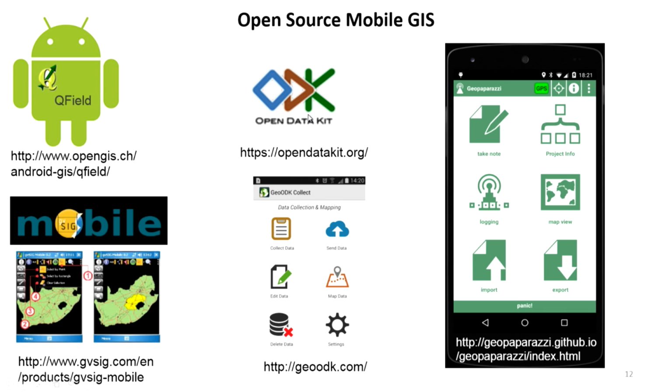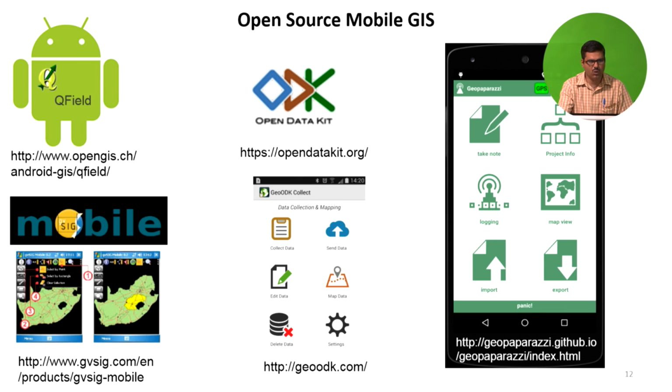Now in the center I have put two applications. One is ODK, Open Data Kit, which allows you to create your own forms for field based collection. All can be digitized, but it is only for the Android platform. Then the extension of ODK is GeoODK, where you can also see the map, and whatever data is captured you can see on the mapping interface. Apart from that, you can also cache your local map data. So before going to the field, the map data is already on your Android device on your SD card, and then you can use it for